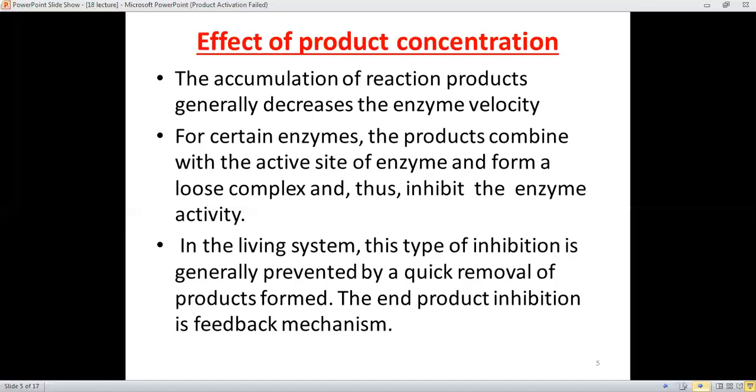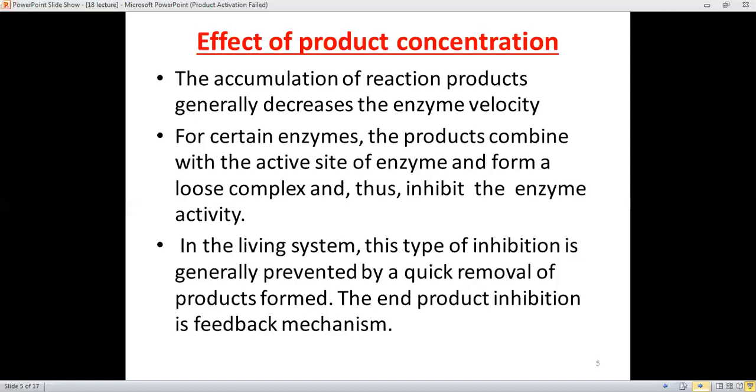And therefore it's also called the end product inhibition, and it's in fact the feedback mechanism. It means that the product itself controls the enzymatic reaction. Like, if we talk about a certain factory, if the product is going to be increased, and it is becoming